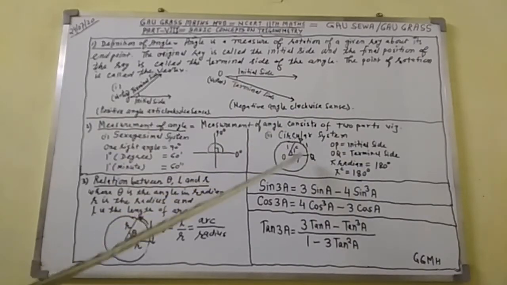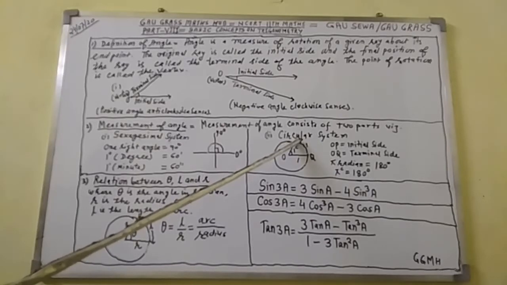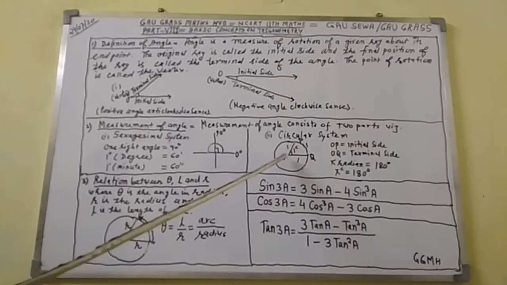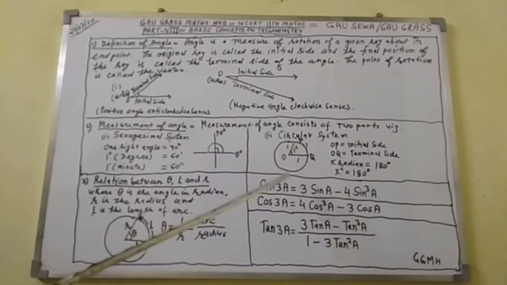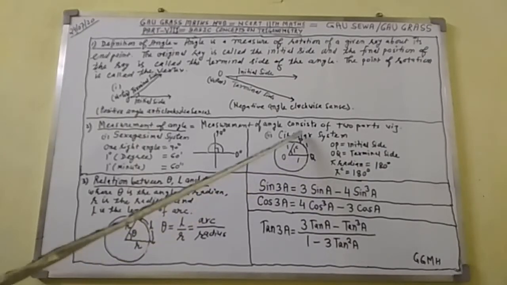In the circular system, I have made a circle here, in which the center is O. If you go from the center O of the circle to a point P, which is lying on the circumference of the circle, OP is called the radius and OQ is also called the radius. I have mentioned 1 centimeter. In this case, OP is the initial side, OQ is the terminal side, and this angle, in the sense of where the radius is and where the arc is,